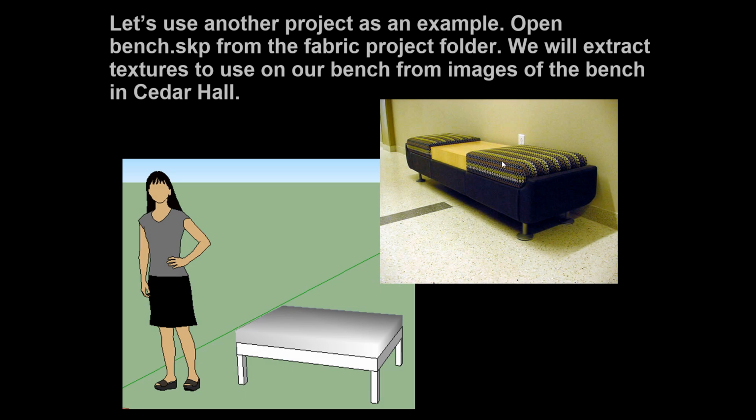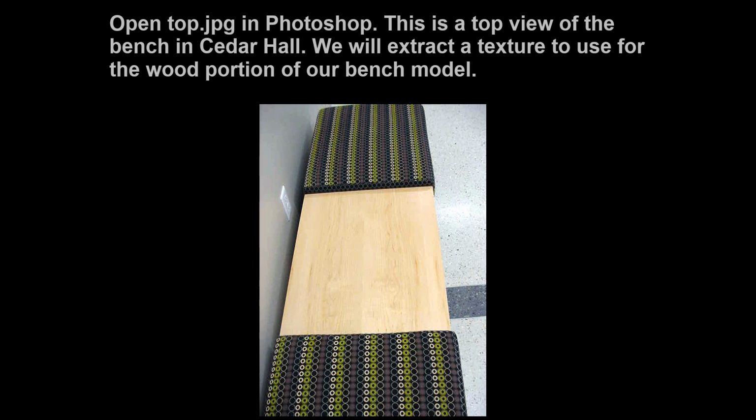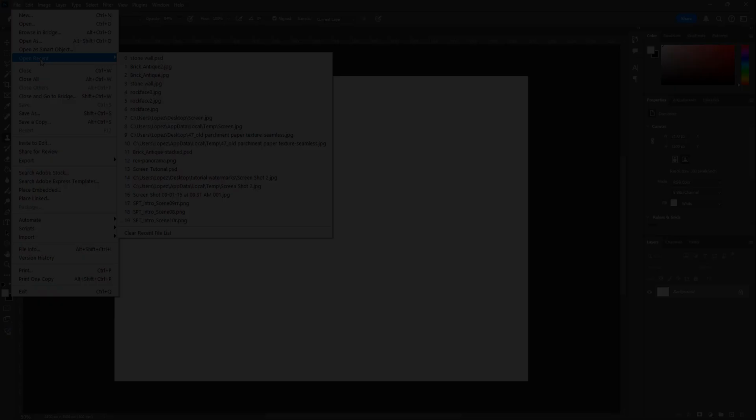Let's say they saw this material and this wood here, and they said, you know what, I would like to have a bench with just those materials and woods. So I went out, took a photograph of this, and now we're going to use this photograph to create our seamless textures. Switching to Photoshop,